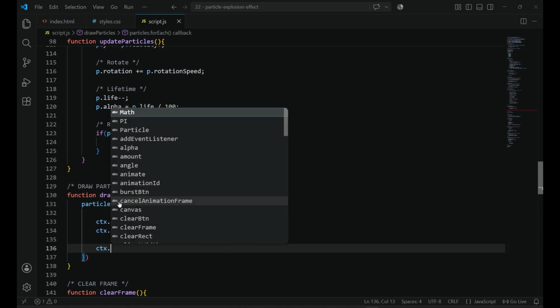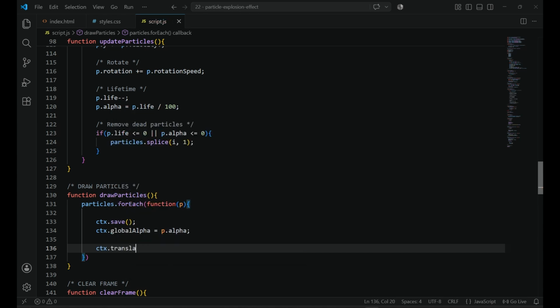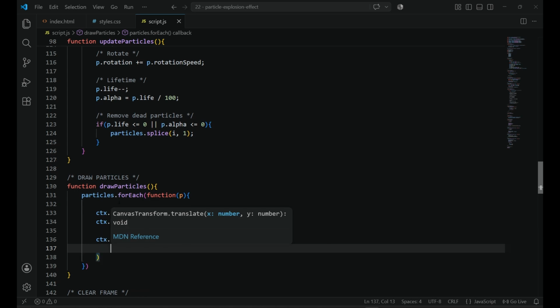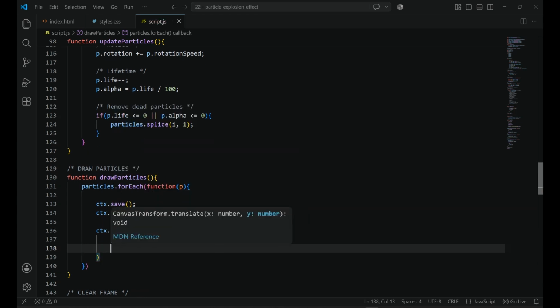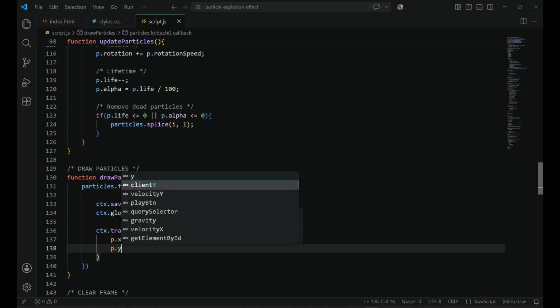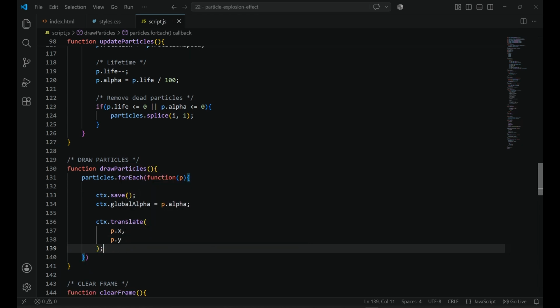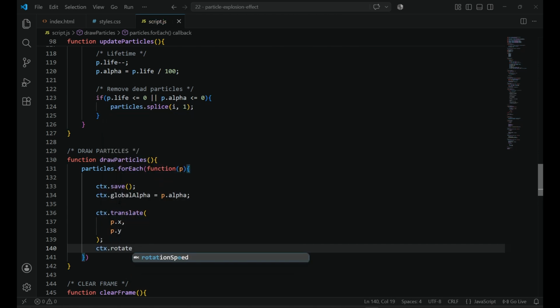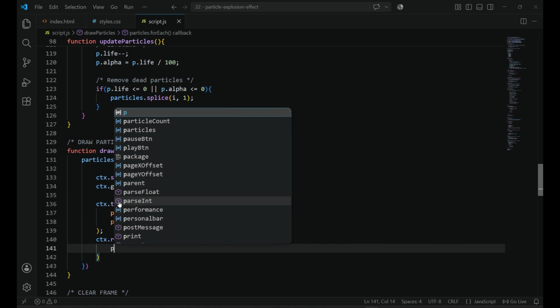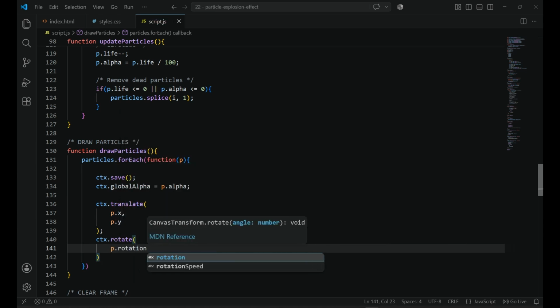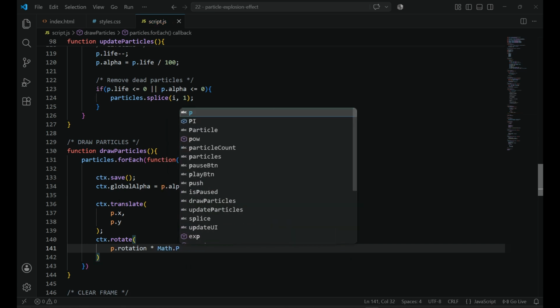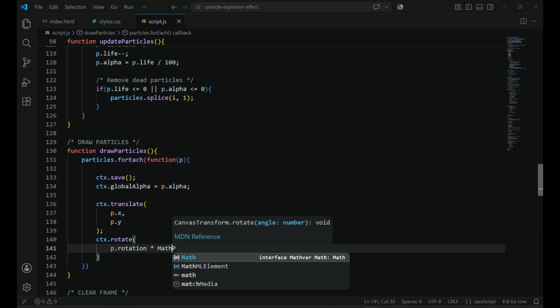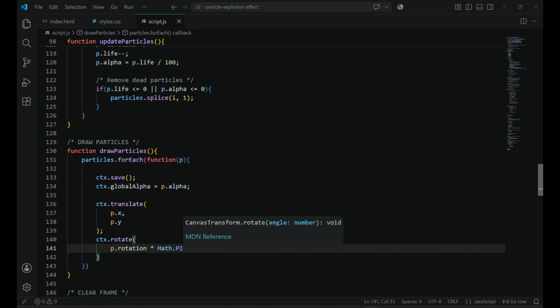So ctx.translate with p dot x coordinate as x and p dot y as y coordinate, and then we have to rotate it. So ctx rotate p dot rotation multiplied with Math.PI value divided by 180,